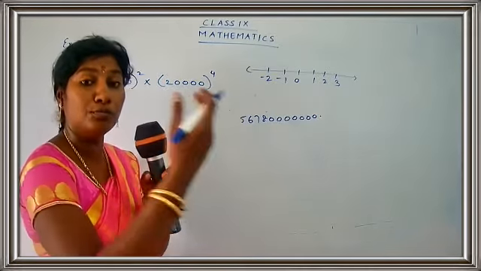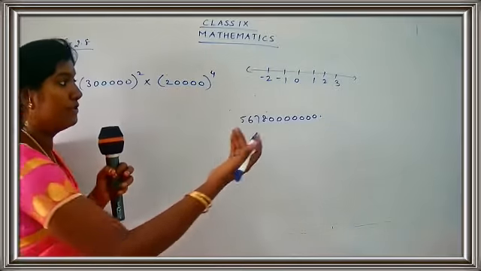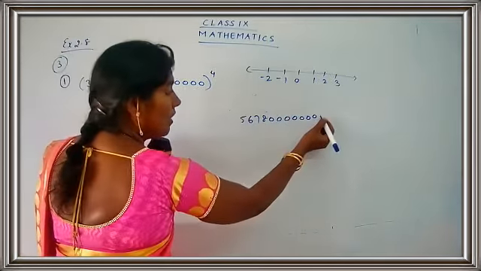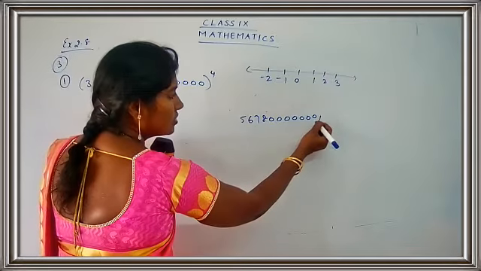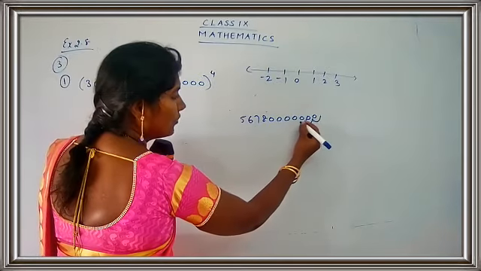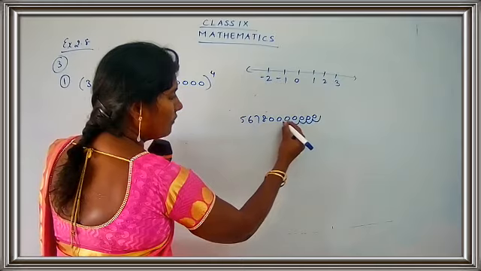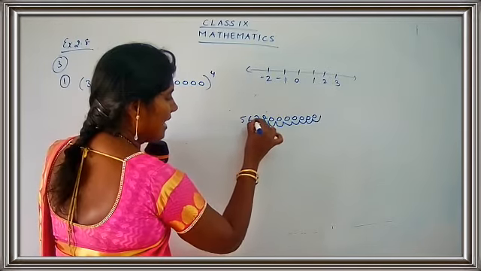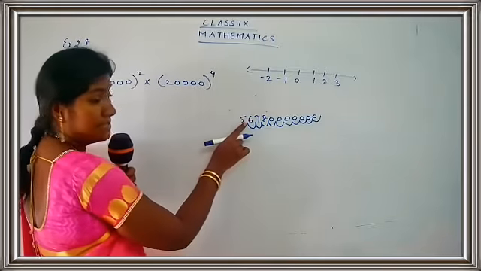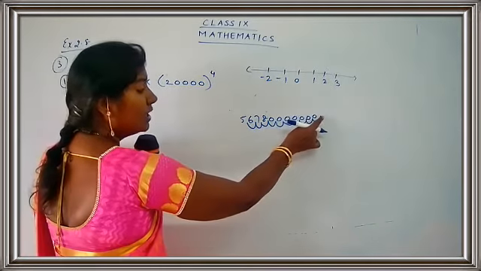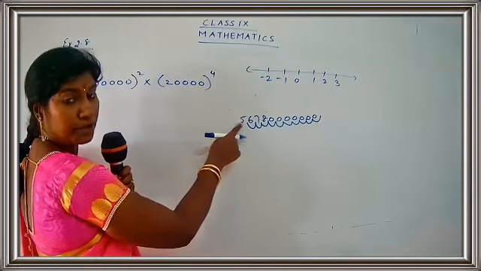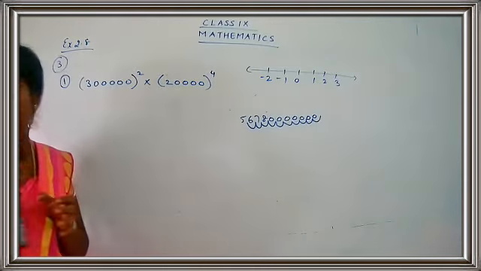So now the decimal point is at the end over here. Now we have to move to the left side, because I am just going to travel to this side. Okay, children, to the negative side. So let me count the number of shiftings. This is 1, this is 2, 3, 4, 5, 6, 7, 8, 9, 10. So I'm just going to place the decimal over here. So I'm just going to shift the decimal point from here to here. There's a shifting of the decimal point.